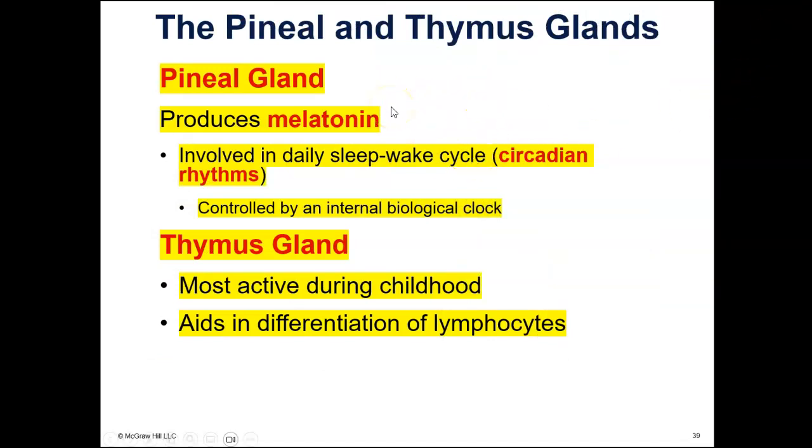But the pineal gland. Okay, so moving on to the pineal gland, which is in the brain, it produces something that many of you maybe take, or have taken over the counter. You can buy this anywhere at a drugstore, grocery store, Walmart. Melatonin is thought by a lot of people to be for sleep. But it is really a hormone that is involved in the sleep-wake cycle called the circadian rhythms. It is controlled by an internal biological clock, and it actually affects a lot more than sleep. It even affects